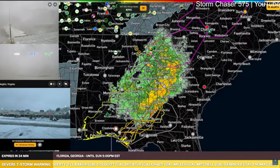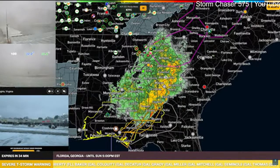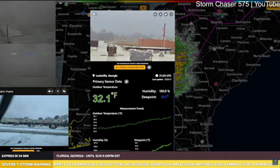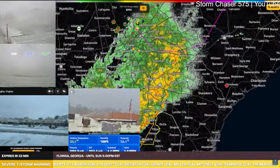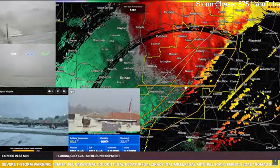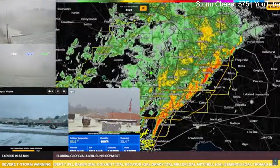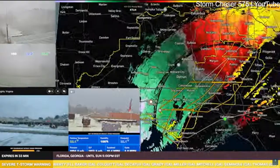Oh, they've got 2 cameras up. That's pretty cool. There's a camera over here, Jefferson County Office Park in Georgia. That's going to get in on this line later today. So we'll keep that stream up here. If I get any impacts of this storm, I might come back talking again. I'll probably come on talking a little more than I did earlier, but